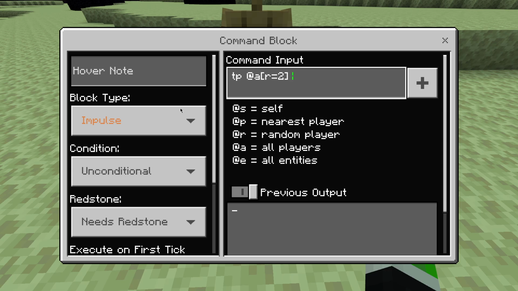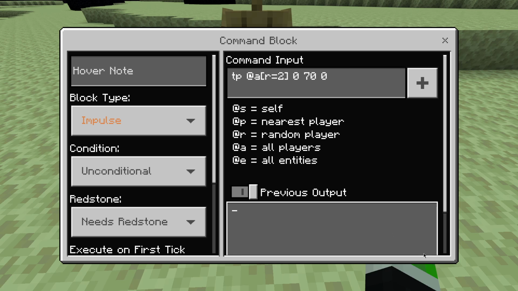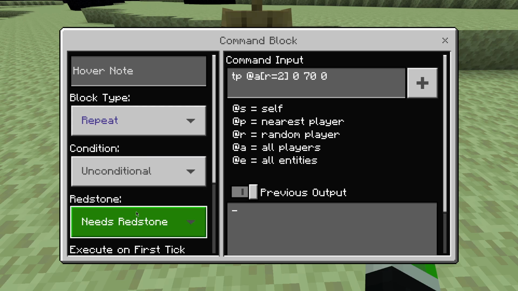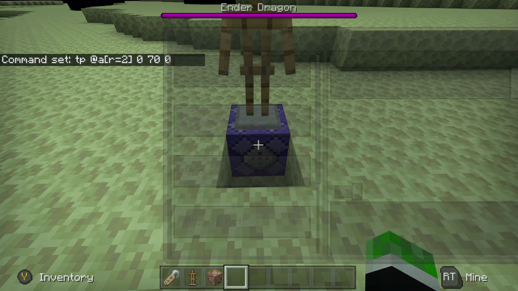And then we're going to go ahead and put in the coordinates of wherever you want them to go to. So this is going to be basically a link between the overworld and wherever you want them to be teleported to. So let's say it is 0, 70, 0. That should land us right on top of the center fountain here in the end. And we're going to go ahead and throw that one on a repeat unconditional always active